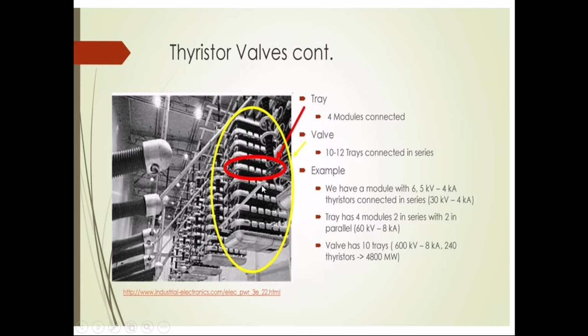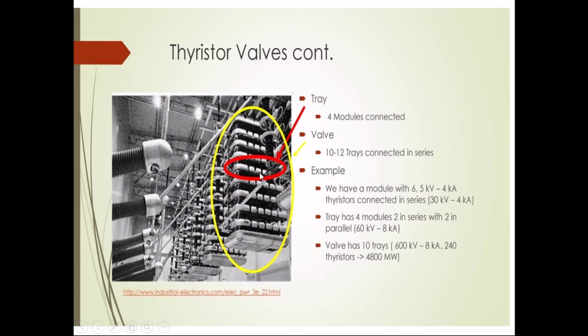Clear? Normally this converter is operated at 500 kV, but as a precaution, in case any one thyristor or any one tray is damaged, to avoid this type of problem, we generally use more thyristors or more trays in series. So here you can see the rating of only one valve. Six such valves are connected in a bridge configuration, so that makes the 6 pulse converter, and two 6 pulse converters are connected in series, so that makes the 12 pulse converter.